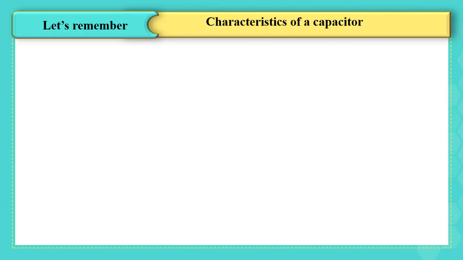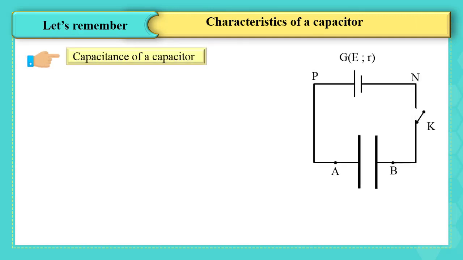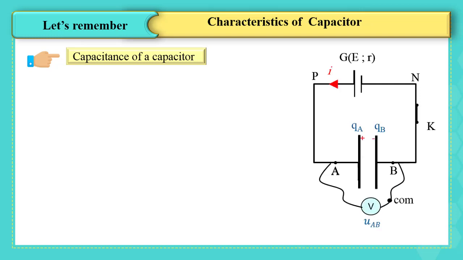Characteristics of a capacitor. Capacitance of a capacitor. A neutral capacitor is connected in series to a direct voltage generator and a switch. When the switch is closed, the positive pole of the generator attracts electrons from plate A, which becomes positively charged. At the same time, an equal number of electrons leave the negative pole of the generator and accumulate on B